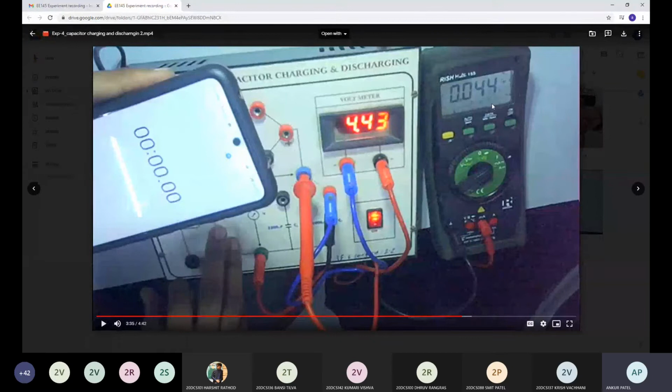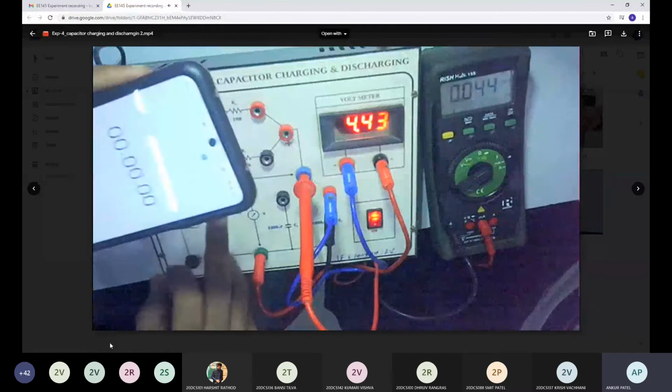current becomes 0. Now I am switching to discharging, and this value is going to decrease. You can also observe in the meter, you will get a direct minus sign. Just observe the meter here. Is there any minus sign on the meter? No, sir. So during discharging, you will get one minus sign.